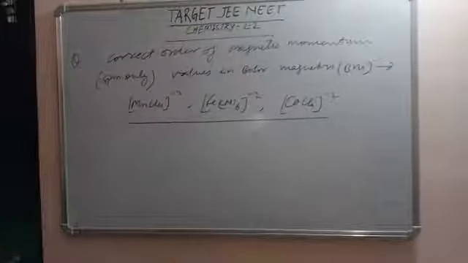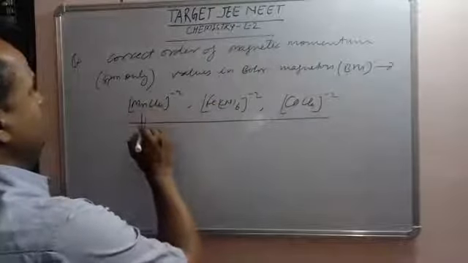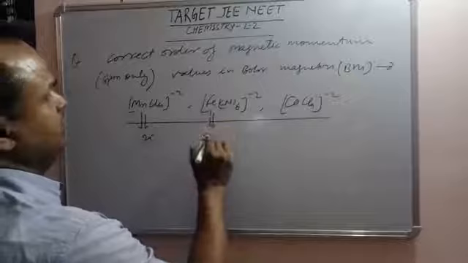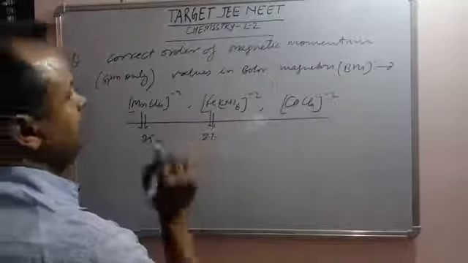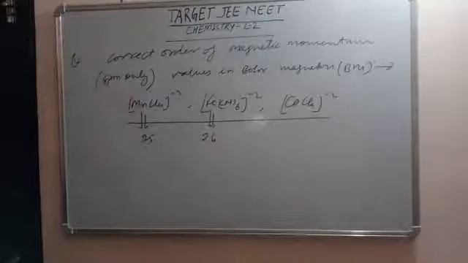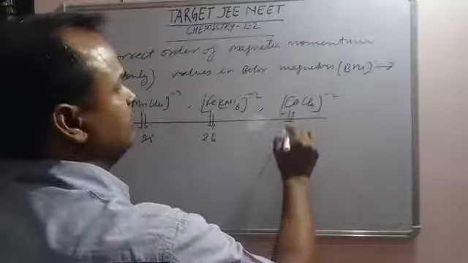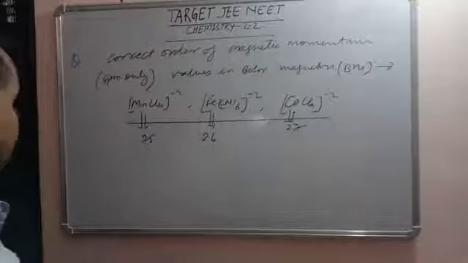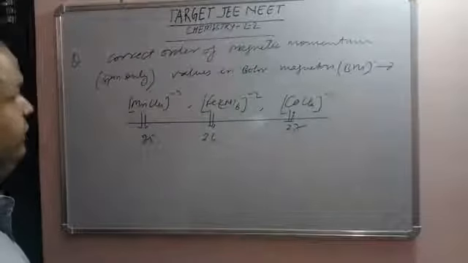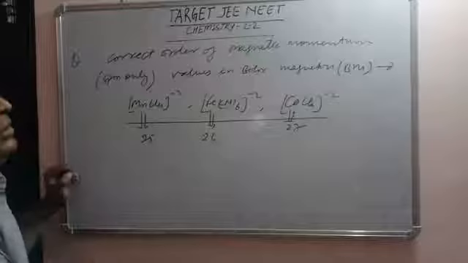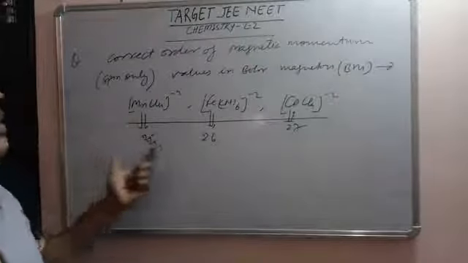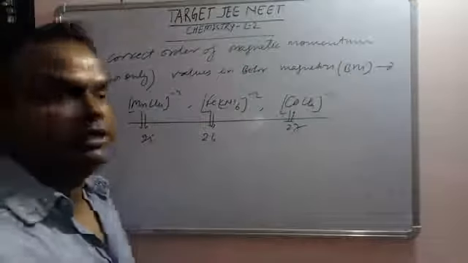This one. So the atomic number of this is 25, this is 26 and this is 27. If you have a clear idea about their electronic configuration, then you can easily find out the number of unpaired electrons and then you know the formula as per the previous question, you can easily solve it.